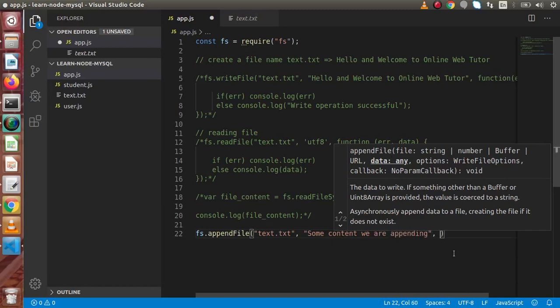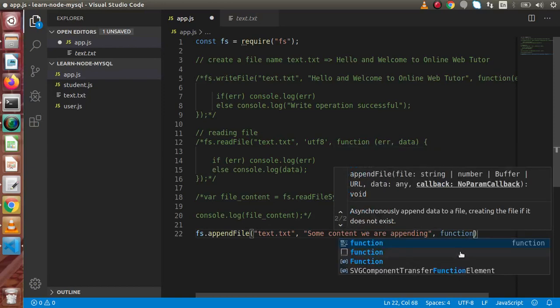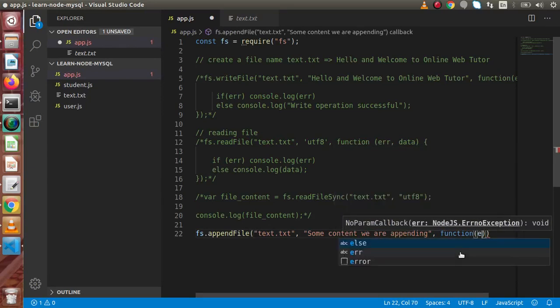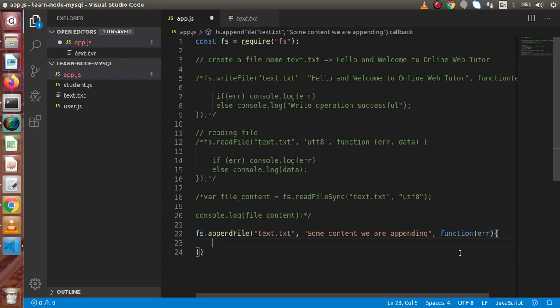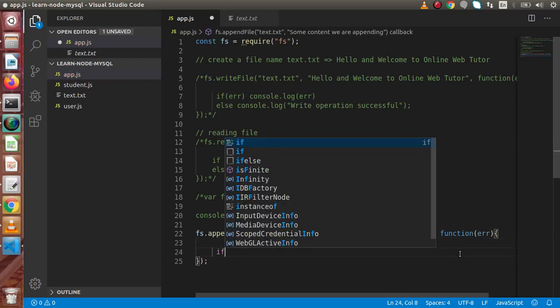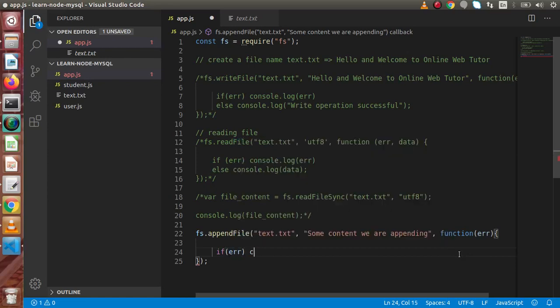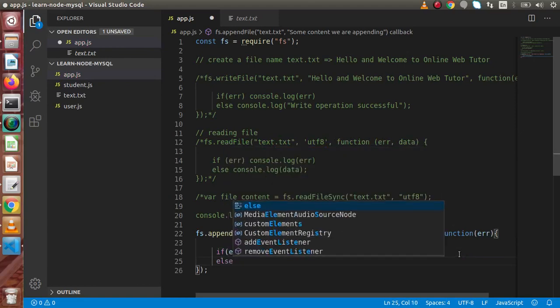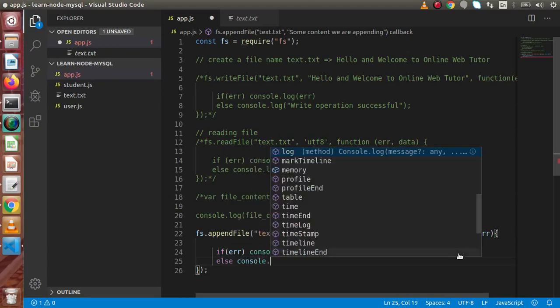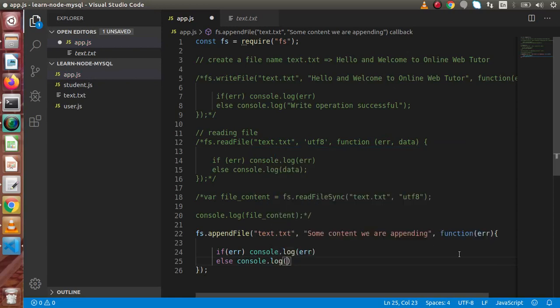Again, in the third parameter, we have to pass our callback function, and it will return the error if we get any error while writing our file. So if error, then simply console.log error, otherwise else, console.log append file